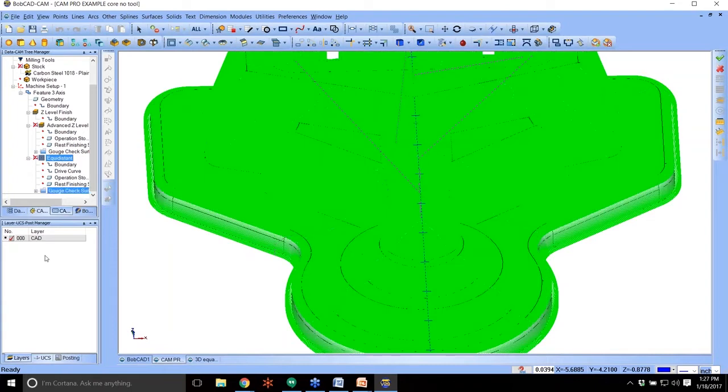Now, you could go to Equidistant and cut the whole entire model, right? But maybe you don't want to do that. Maybe you want to do a different toolpath. Maybe you want to use the Flatlands and then maybe just handle the radiuses. You can do that type of stuff,